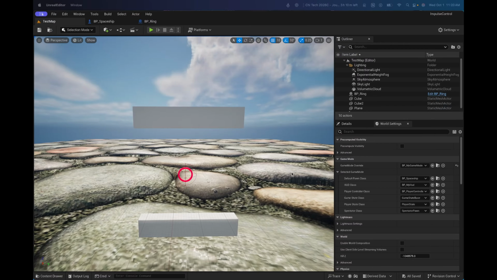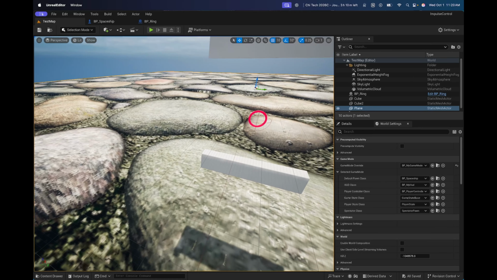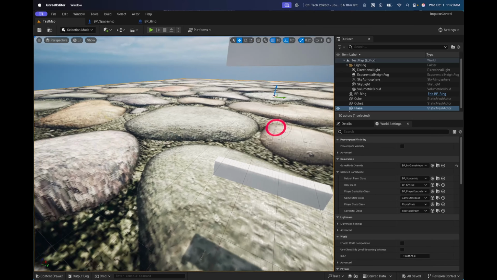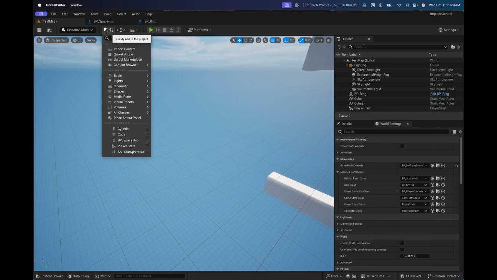Now, lastly, I want to change the ground. So I have this plane that I set up earlier. It's really big, and the texture on it makes it look kind of funky. I'm going to go ahead and just delete that. And instead, I'm going to place in some geometry. So I'm going to go to the